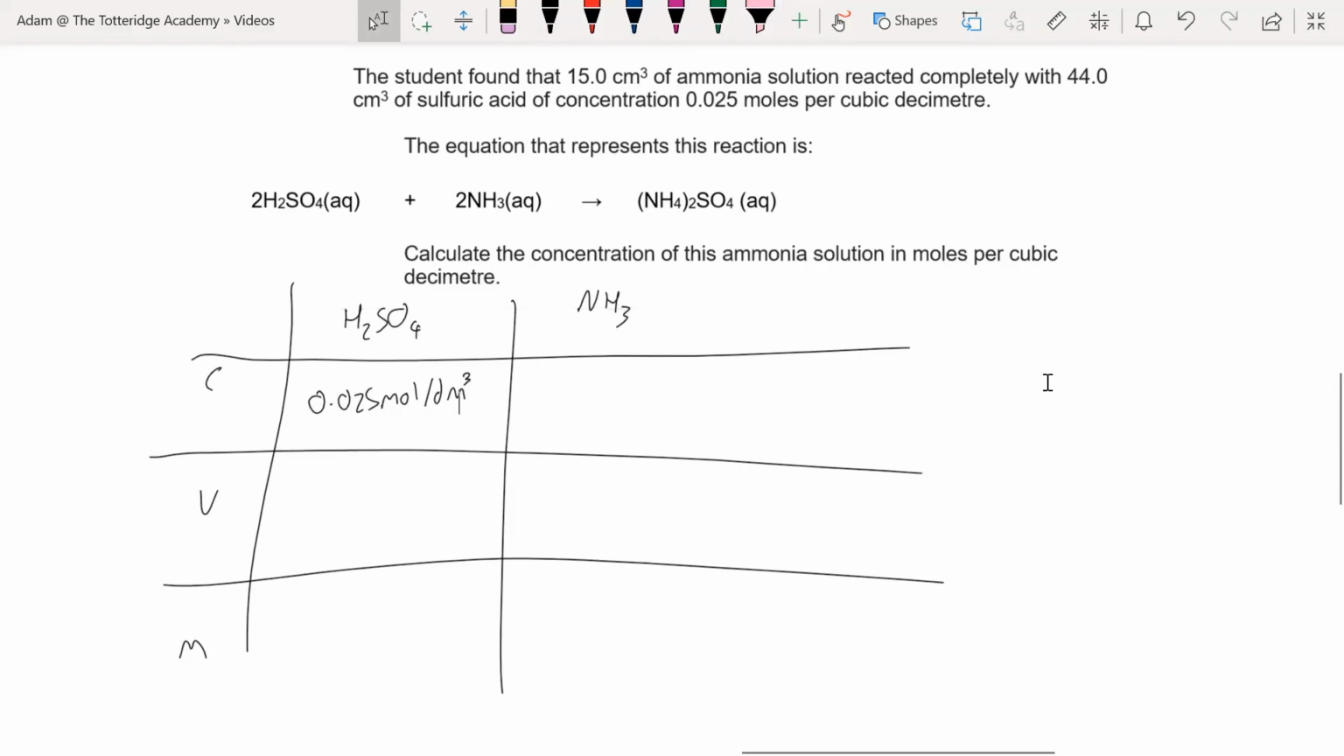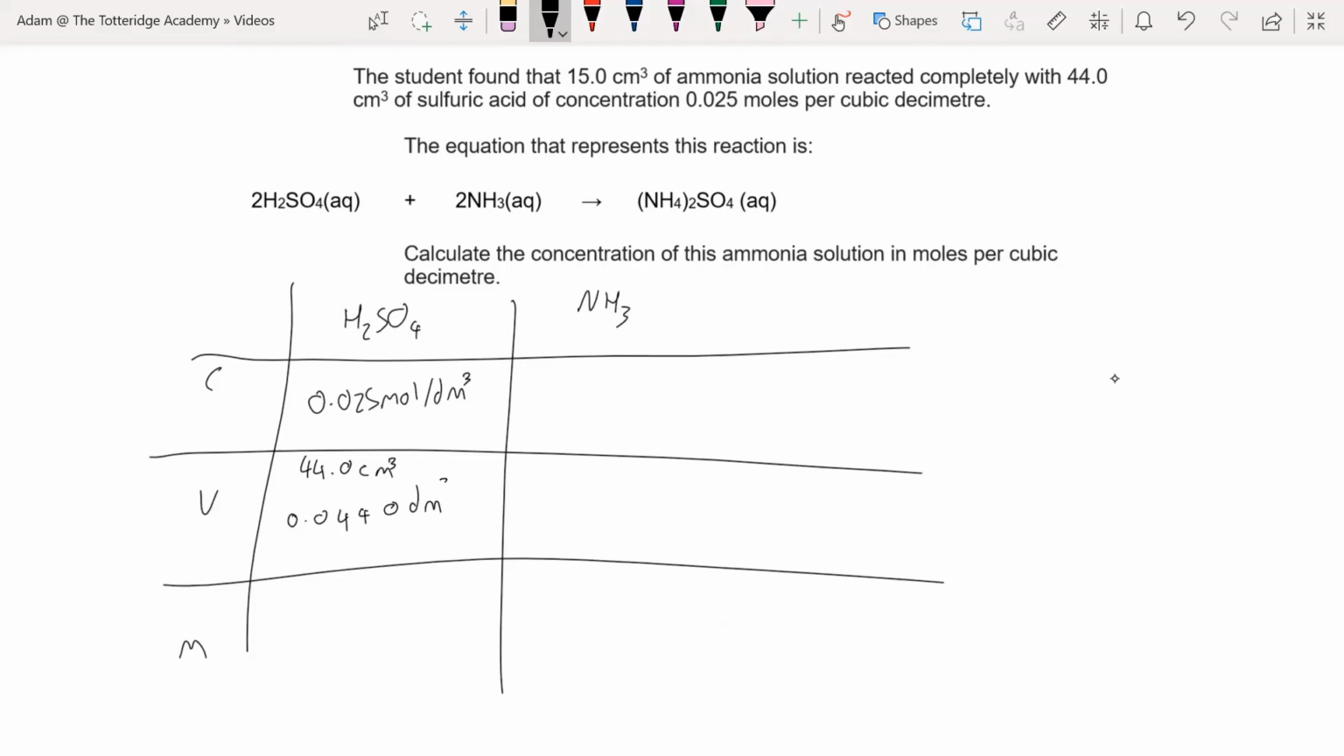By the way, you notice that when I do these, I don't highlight anything. There's no point, right? You end up just highlighting everything that's important and then going back and having to look for them again. That's why this table is so strong, because at each point I'm just looking for one thing. Here, volume of H2SO4, it's over here, 44 centimeter cubed of sulfuric acid. So 44.0 centimeter cubed, which I'm just going to change straight away